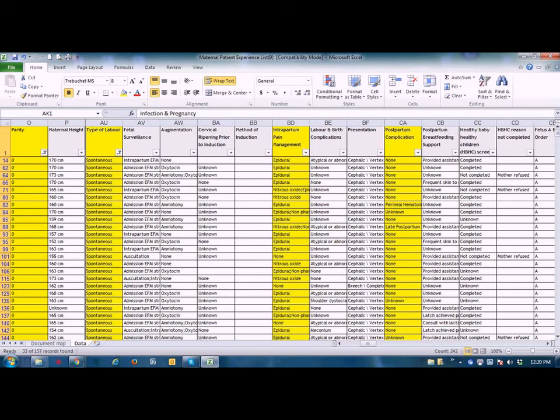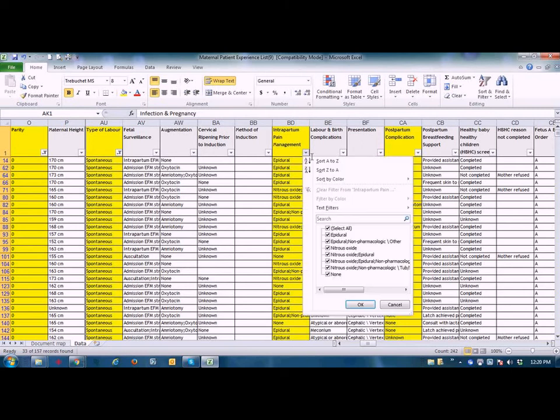Just to take it one step further, we wanted to find out what the pain management use was of those women, and we'll look specifically at epidurals. When I click on the interpartum pain management column, the drop-down list beside it, I can see some of the data that's selected. This particular data element is what we call in Born a multi-select data element, so you can select one item, or you can select two or three, or as many as the pick list selections are available for you. And so when it shows up in this drop-down list, and you need to see the whole thing,